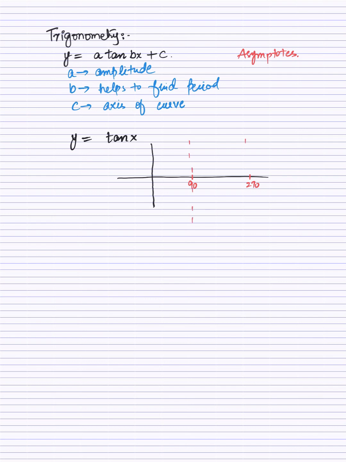ऑलराइट, तो 90 पर मैंने एक अनडिफाइंड सी लाइन बना दी है और 270 पर भी मेरे पास ऐसी एक लाइन बन जाएगी, मतलब ग्राफ कभी इस पॉइंट को टच नहीं करेगा। tan के ग्राफ बनाते हुए आप इस बात को हमेशा याद रखिएगा कि tan 45 डिग्री हमेशा हमारे पास 1 आता है। आप चाहें तो कैलकुलेटर से वेरीफाई कर सकते हैं। तो जहाँ पर भी tan 45 होगा वहाँ पर आपके पास ग्राफ 1 आएगा, तो ये पॉइंट तो लेना आपको लाजमी है।